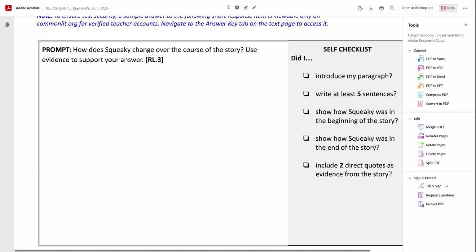Squeaky from Raymond's Run. Let me change this. I was going to say something different, but I changed my mind. See, I'm making revisions just like you. Changes throughout the story. It's just a simple sentence. It's answering the question that was given to you. So I want you to highlight your topic sentence in yellow. Pause the video and highlight your topic sentence in yellow right now, and then we'll move